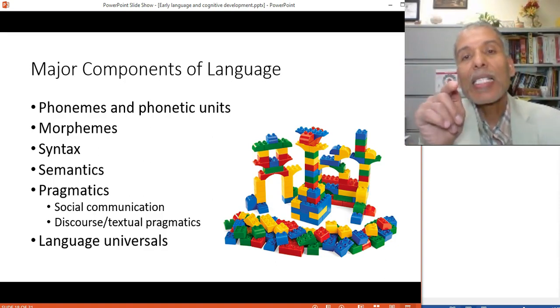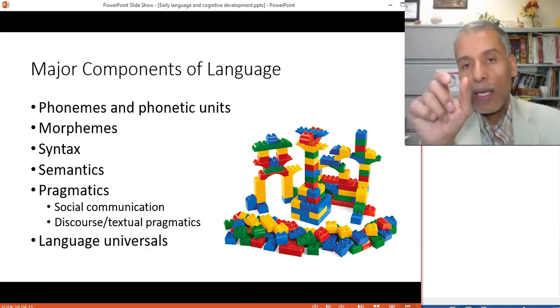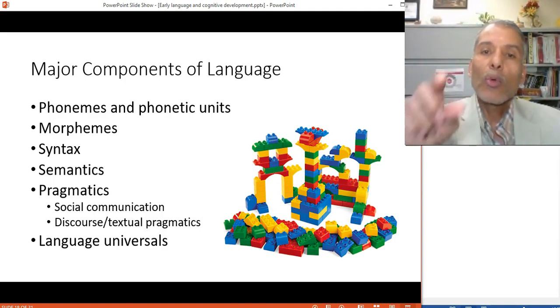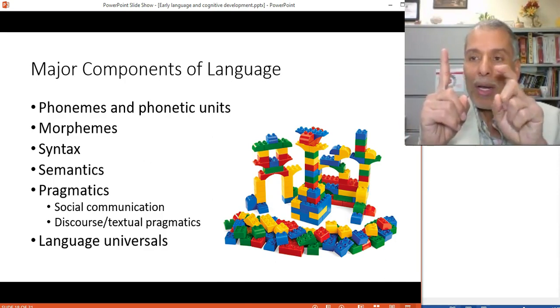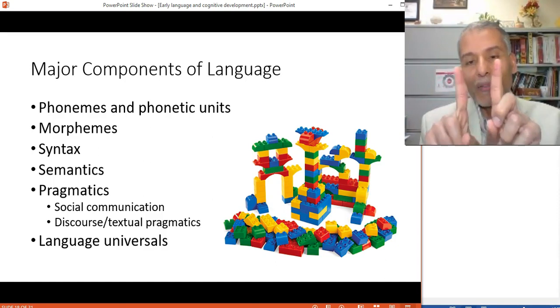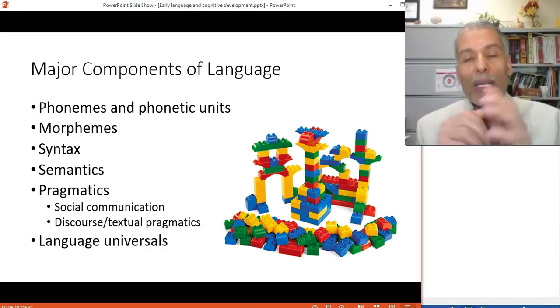If you say cats, how many morphemes are there? It is 2. How? Because s is a morpheme. When you add it to cat, it gives you meaning. Instead of saying cat, you are saying more cats. So that gives you additional meaning. So any component of meaning you add is going to give you another morpheme.